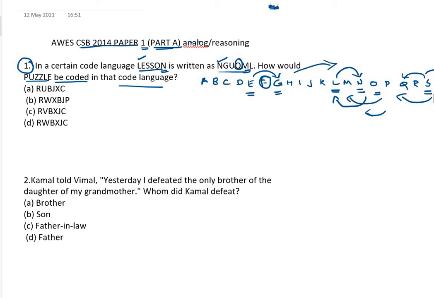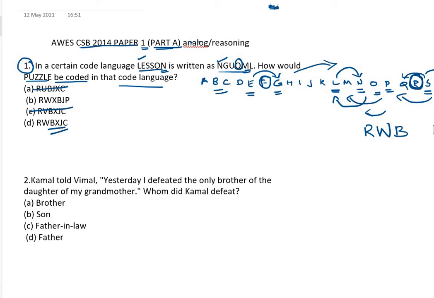Here it is P, so the next letter is R. First letter is R. Then U, moving forward. Second letter is W. So only B and D are in the options, not A and C. Okay, we have to delete those, so we compare these two only. Third letter Z, alternate letter. So the answer is D.